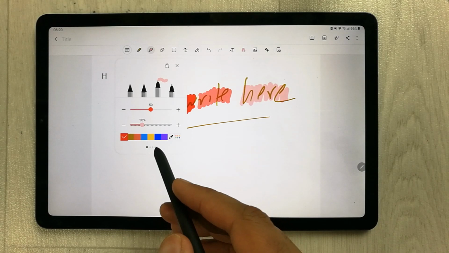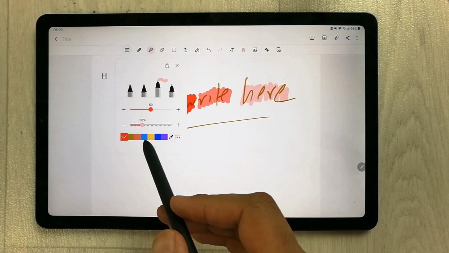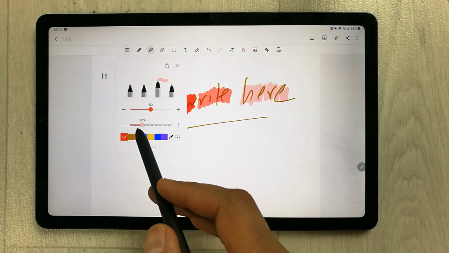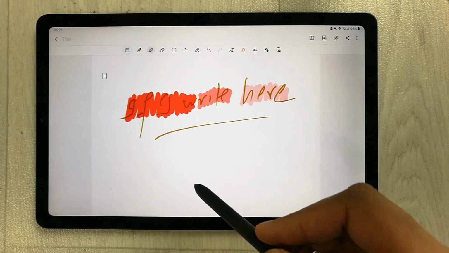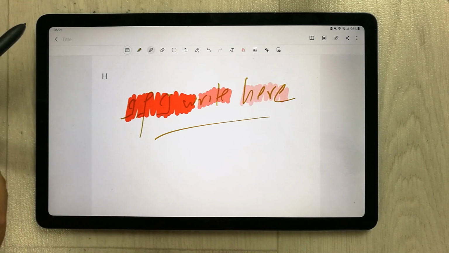Before we didn't have this feature, which is really useful, because in some other note taking apps this feature is there, but in Samsung Notes we didn't have it before, and now they added it, and it is really helpful. The last feature is the configuration list of frames with the same height.